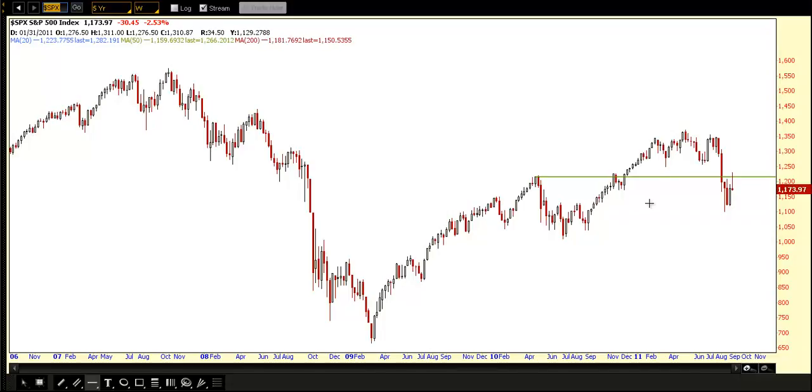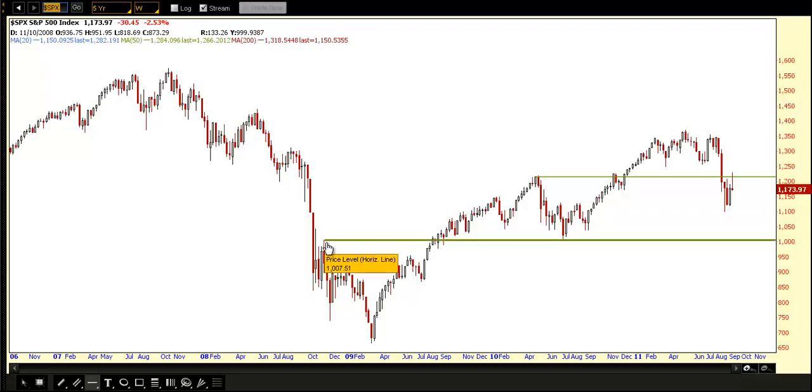The other key level that really jumps out to me is this one right here. You can see that when we were breaking down in '08, we briefly had an up leg here, came into this area and sold off again, and then again in 2010 we tested this level as support. So if price were to break down, I would think that this round level of 1,000 would function as some key support. Another thing that gives me